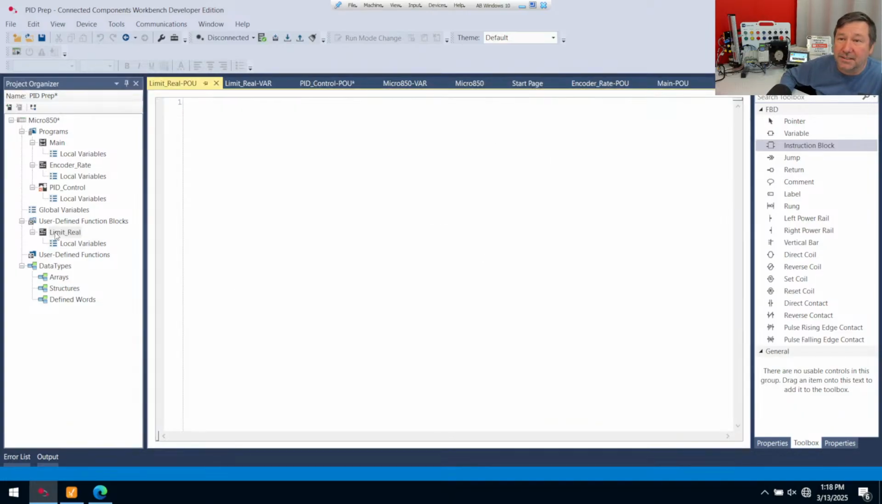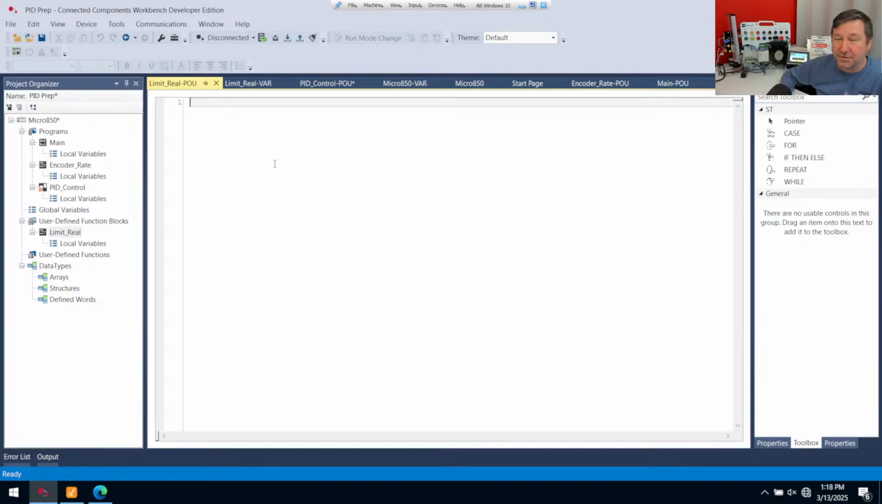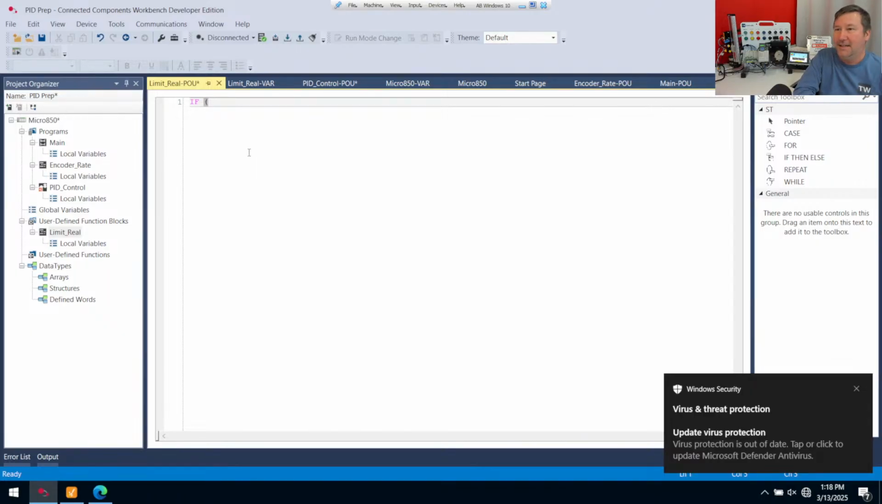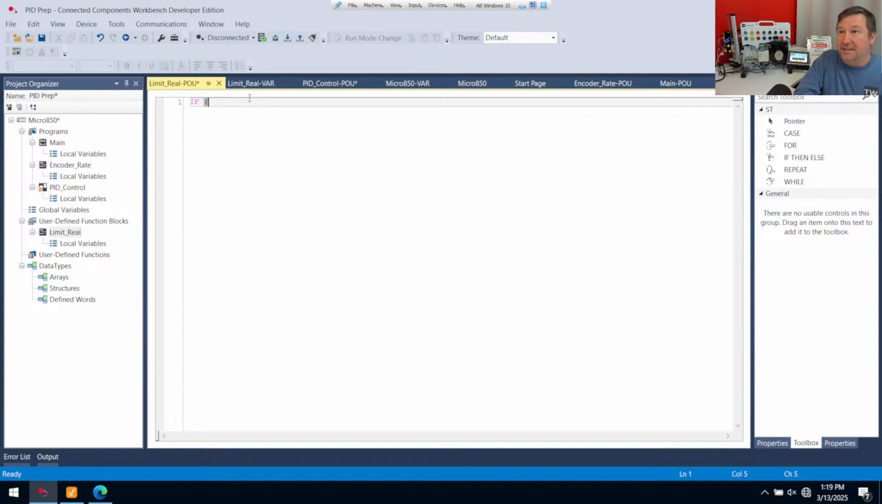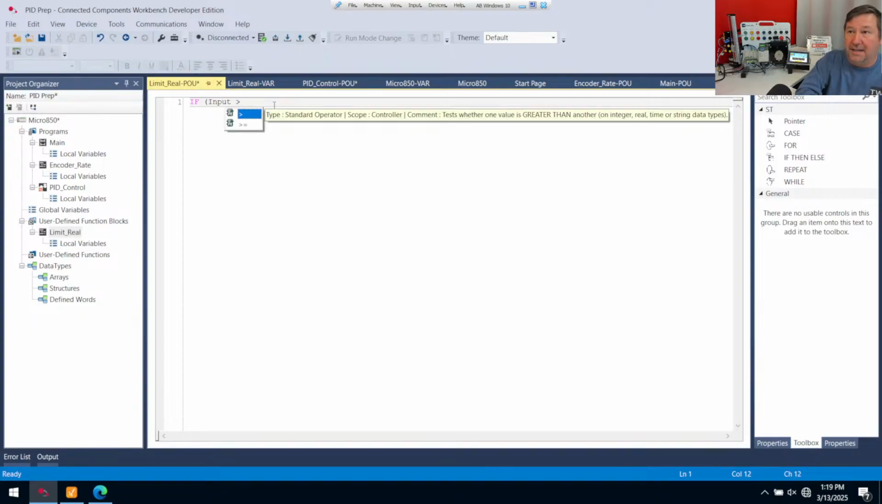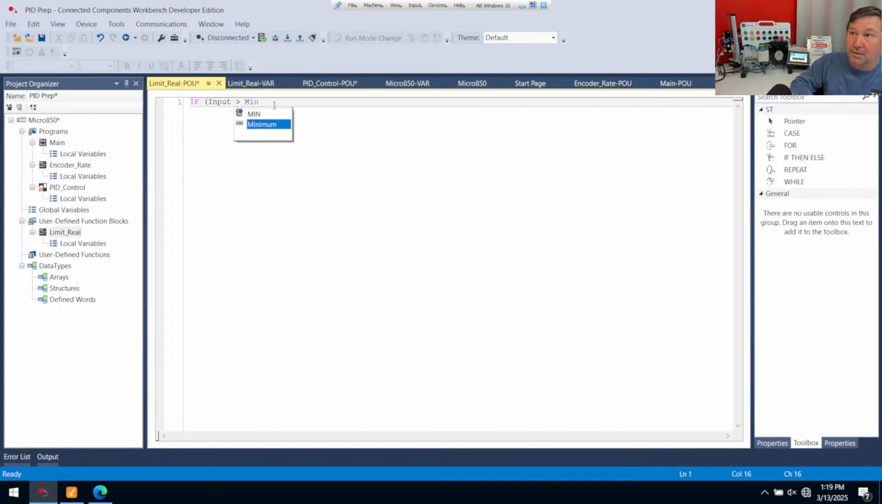Then let's double click on the limit real, and that's going to bring up a structured text program. We're going to do some basic if-then statements. So if, and it'll be a miracle if I get my syntax right the first time, but we'll see how it works out here. That pop-up out of the way. There we go. So if input, and notice since I added it as a local variable, it's there. Input is, and first we're going to start with greater than the minimum